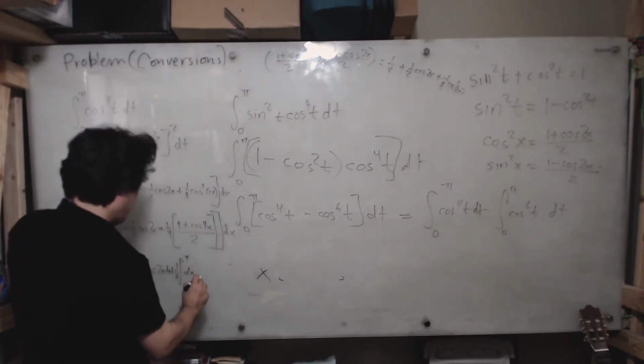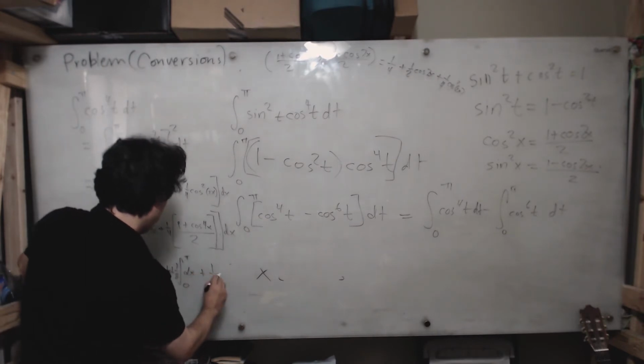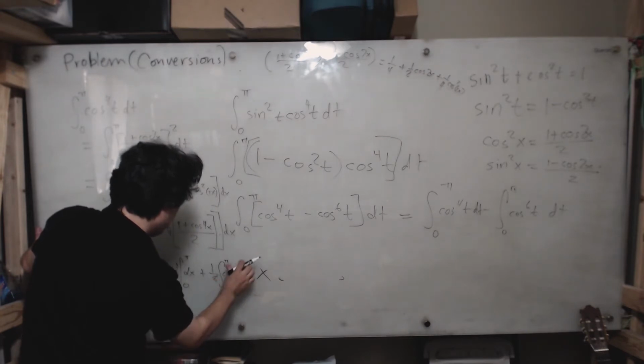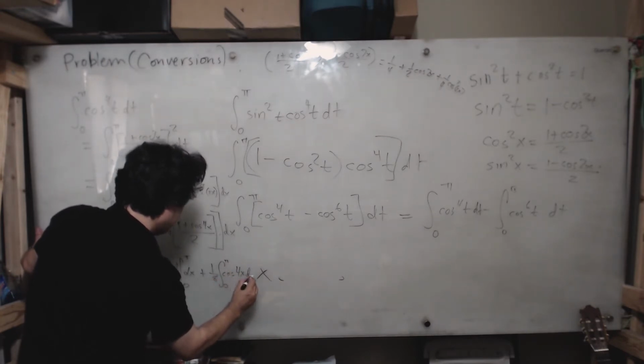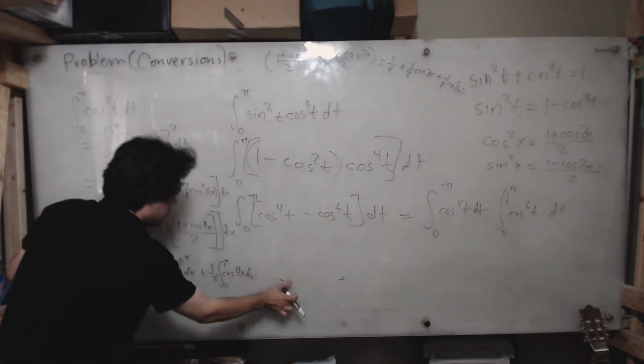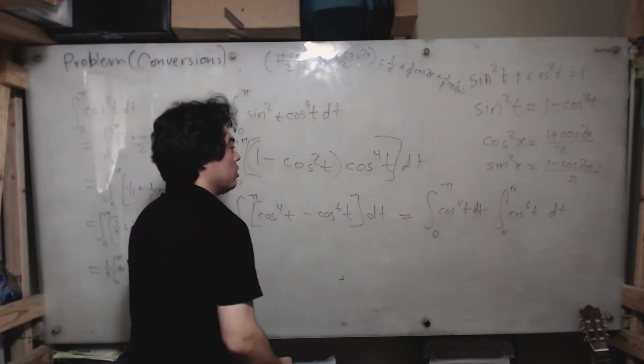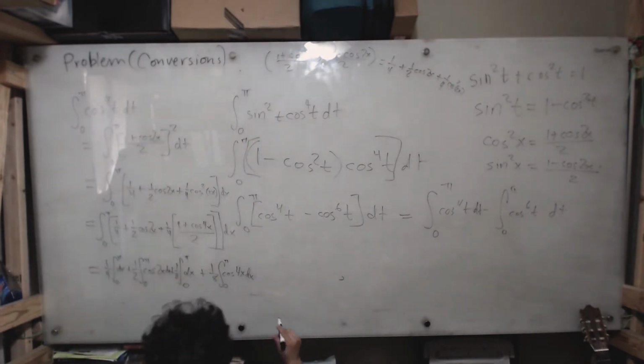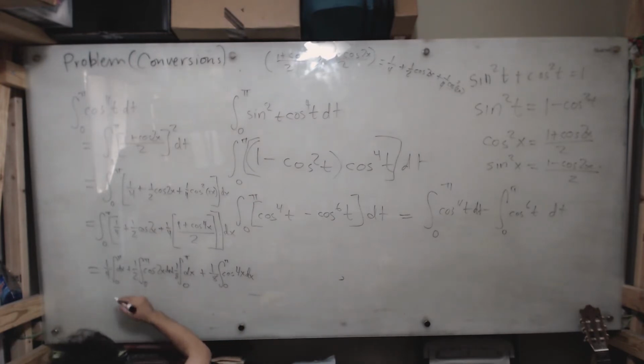And then plus 1/8 the integral from 0 to pi of the cosine of 4x dx. Okay, so yes, let me continue down here. So I know that the integral from 0 to pi of dx is going to be equal to 1/4, and this is going to become x, so then it'll be x evaluated from 0 to pi, and then plus